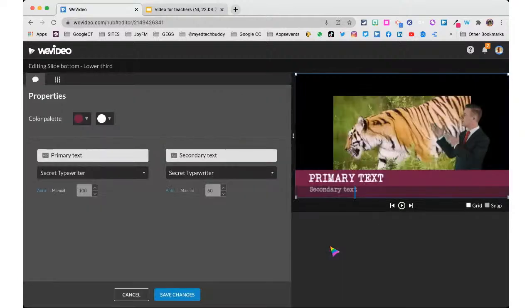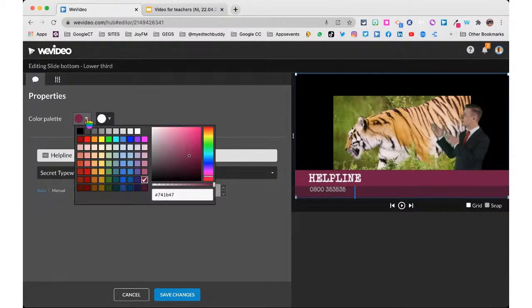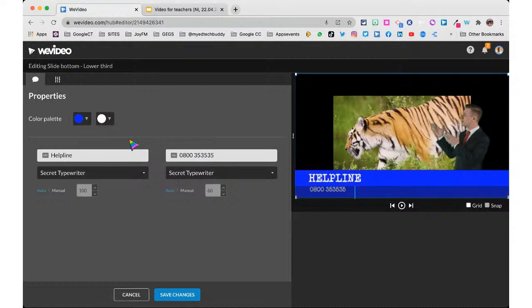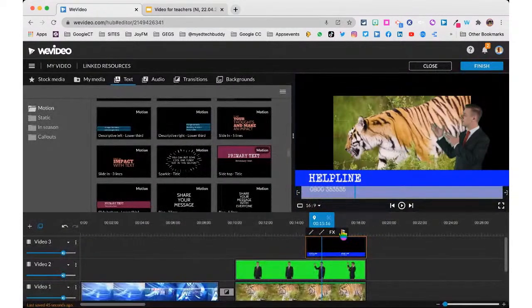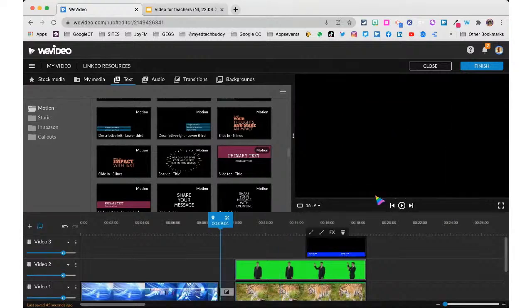If I double click on it, it tells me what's my primary text and what's my secondary text. So I'm going to say here that there's a helpline and I want people to phone 0800 35 35 35, for example. Okay. I might not like that color because that doesn't really match our news theme. So I can change that and then just click save, and that will appear at the bottom at the same time. So when we preview,